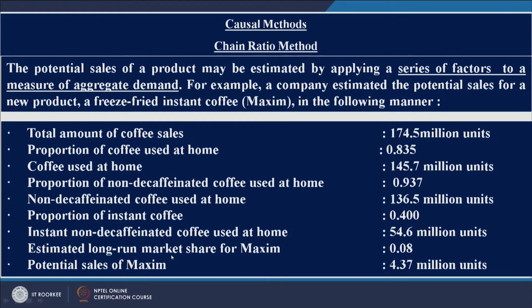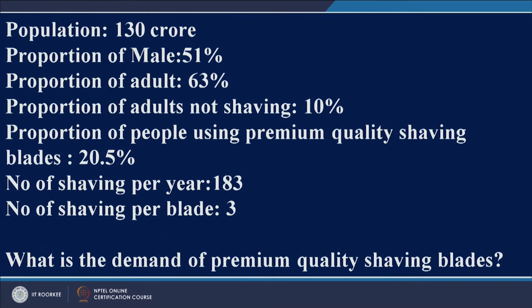Estimated long run market share for Maxim 0.08, and from this value you can find out potential sales of Maxim as 4.37 million units, which is multiplication of these two. So, this is nothing but a series of cause and effect relationship, right. Quite a simple method. You just try this example,